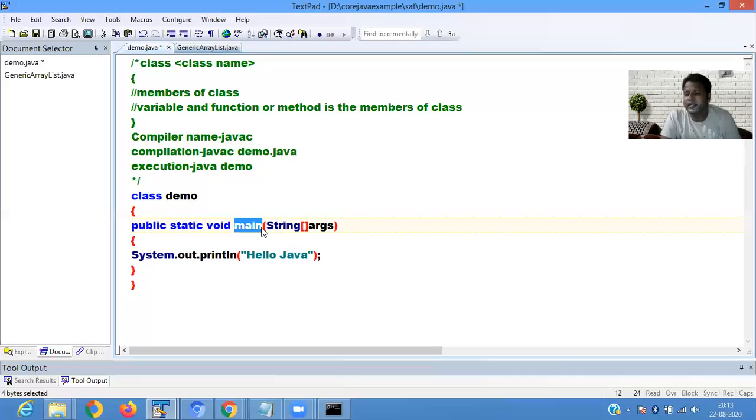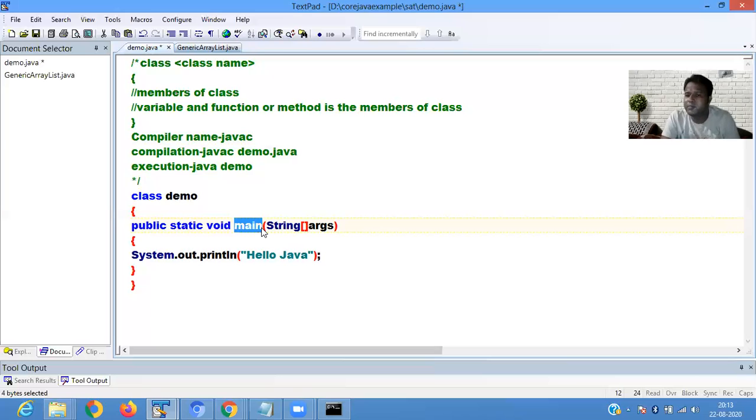Okay. Then after some time, the desired person comes. Then I identify him and take him to the home. So it is a process. My father gives me instructions, then I search for the particular person and take him to the home. Main method is like that. The main method is already defined in the JVM. So when you are executing the program, the compiler searches whether the main method is present or not. Then it goes to that part and your execution starts.